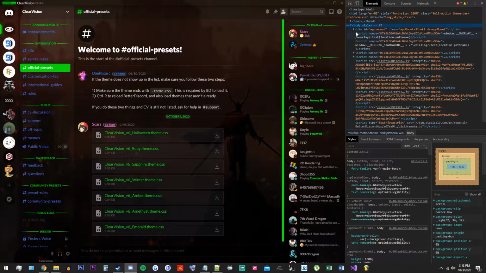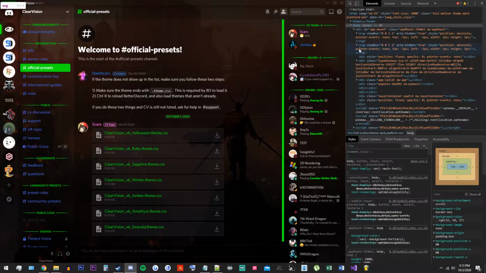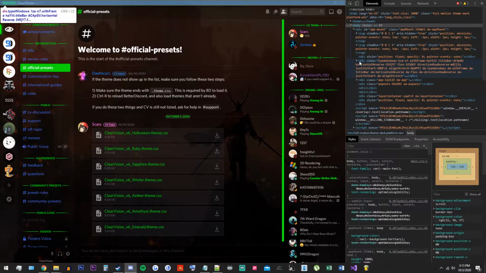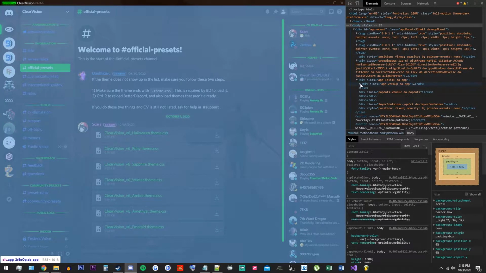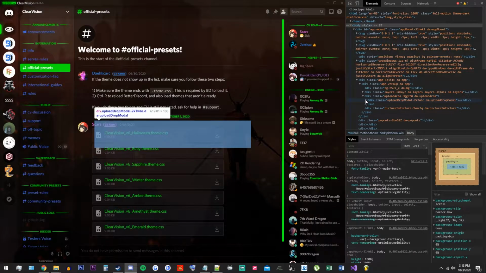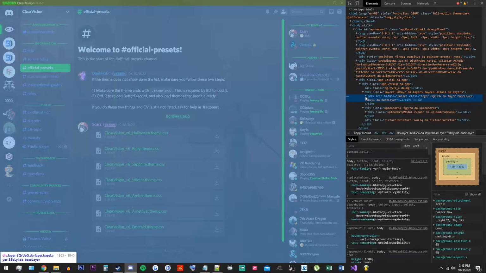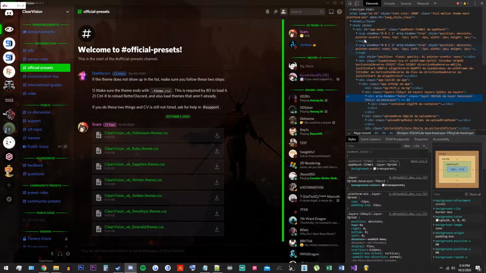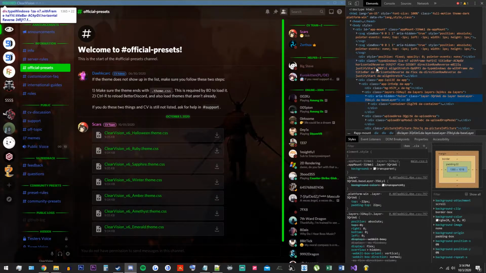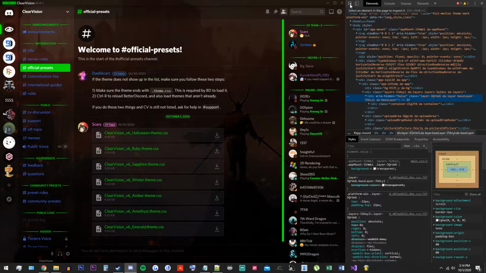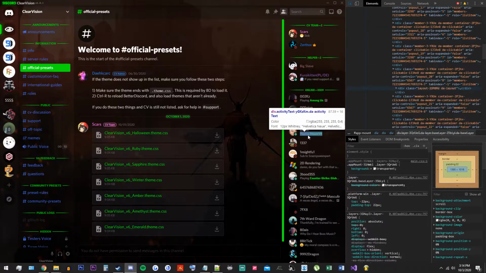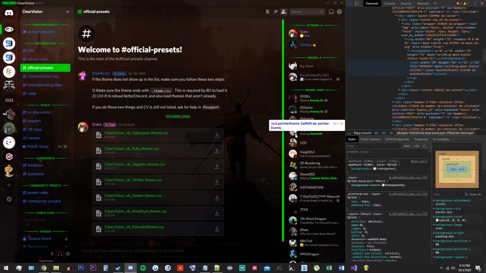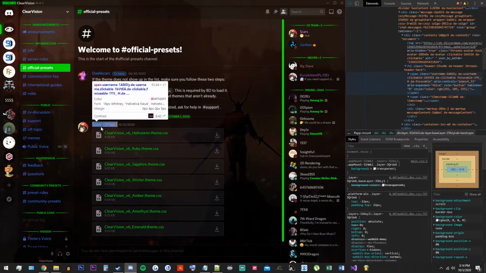So you see how I'm hovering over here? It highlights different aspects of the window. So if I just kind of browse through here, I can see, oh, it's highlighted that at the top, so I can change a bunch of things up there. This goes a little bit deeper, going deeper into here. You see this guy here would be what I was looking for, but you can go all the way through here, but I wouldn't recommend it because it takes a long time to figure out what you want. The easiest way to do it is to click this little select an element in the page arrow. So if I click that, you can see that I can move this around, and I can highlight very specific things. So I'm going to click Scar's name here,